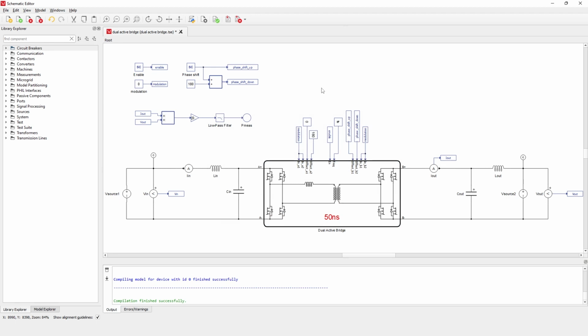The control principle, which is implemented directly in this model, is based on changing the phase difference between the carrier signals for two inverters while keeping the same duty cycle. By changing the phase shift, we obtain a wide range of output voltages as well as control over the power flow direction. Since the phase shift determines the power flow direction and output voltage, we'll use a SCADA input component to set the phase shift in runtime and simulate a diverse set of test cases. Now, let's compile the model and load it to the HIL 404.